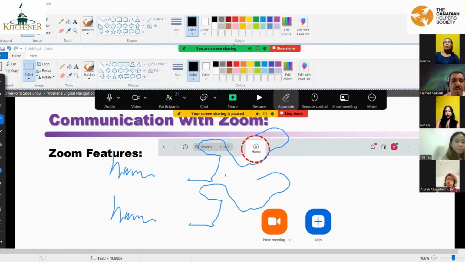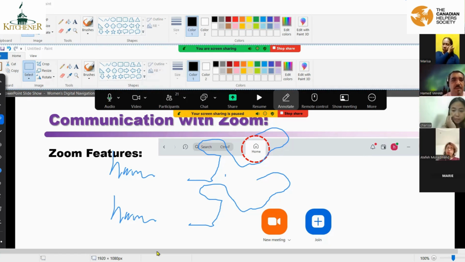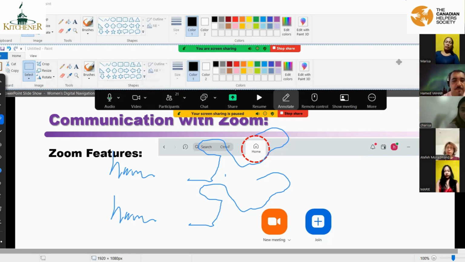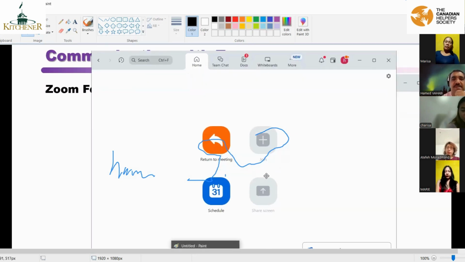And in Zoom, there is one other thing here, as I said. Let me close the annotation. Okay, so as I said, when you go to your Zoom, you have different tabs here. Tab Home, and your other one is Team Chat. What it does is